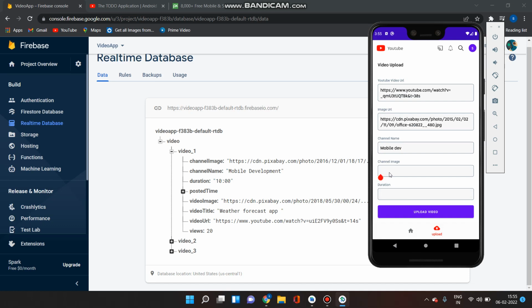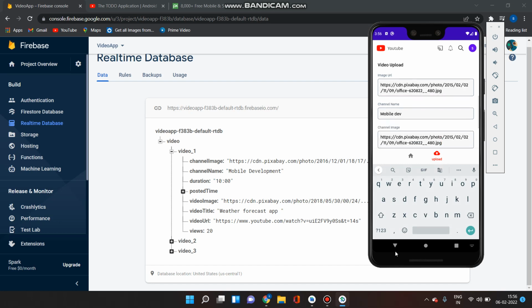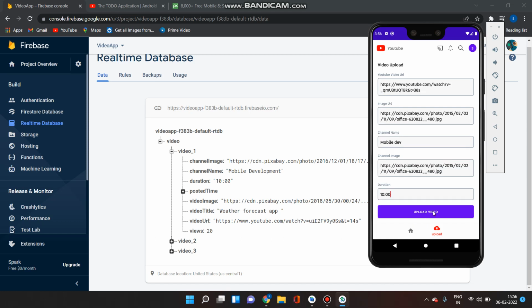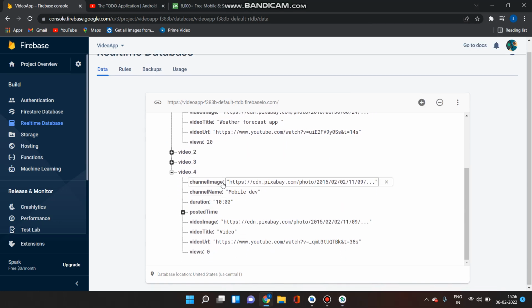And I'm giving the same image, whichever I've pasted, as the channel image also. And I'm just giving the duration as 10 minutes. Once I click on upload video, you can see there was a change over here. The fourth video has been uploaded, like this is the image, and then the mobile development name, duration, and all the details which we gave now.